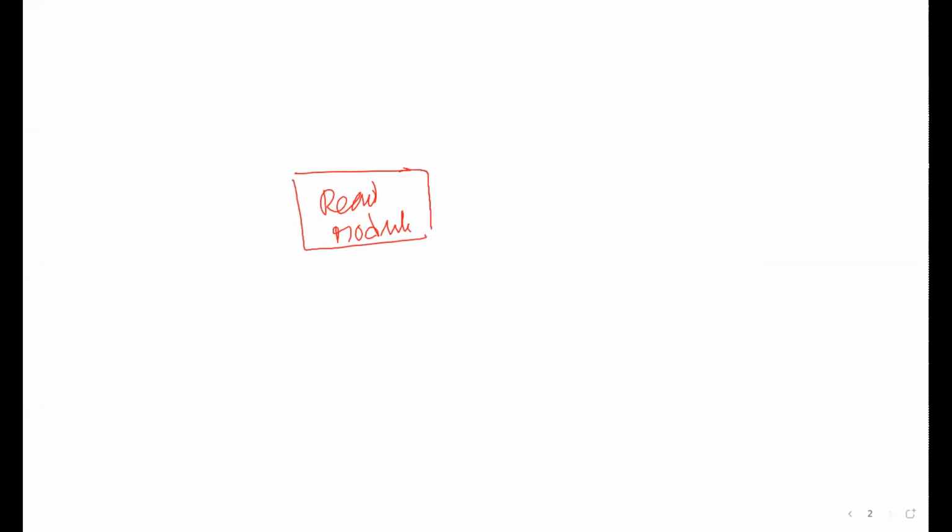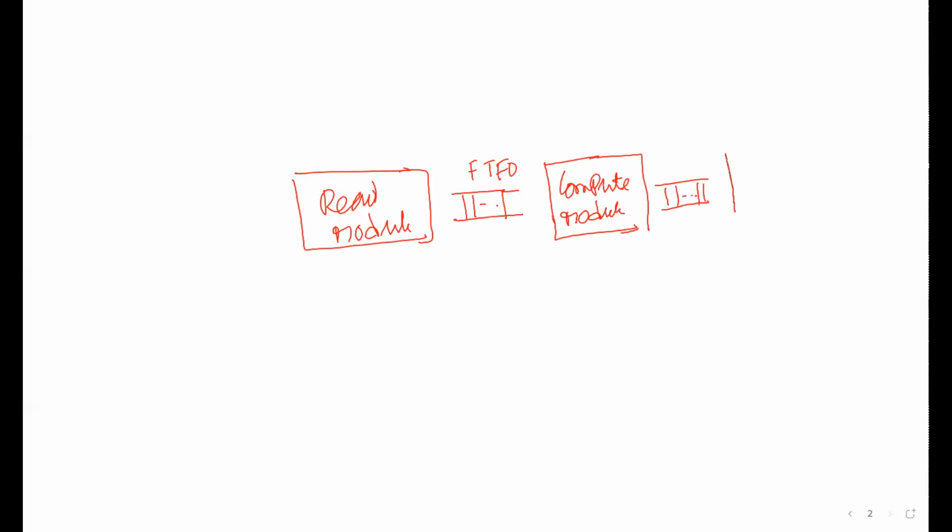And this read module, we can write it very, very cleanly. As they say, what you see is what you get. This reads data from DRAM and puts it in a FIFO structure. You explicitly declare this FIFO. There is no magic at all, and it's very easy to do. And there is a compute module which does this, and here you can optimize your compute module in whatever way, and then you put it in one FIFO, and then you can have a DRAM write module.